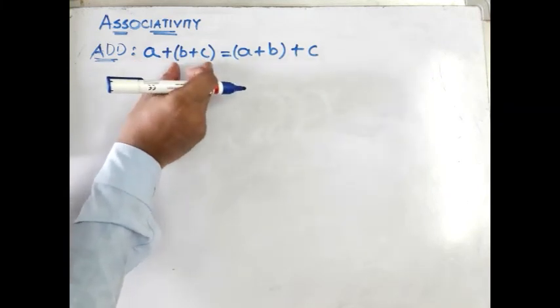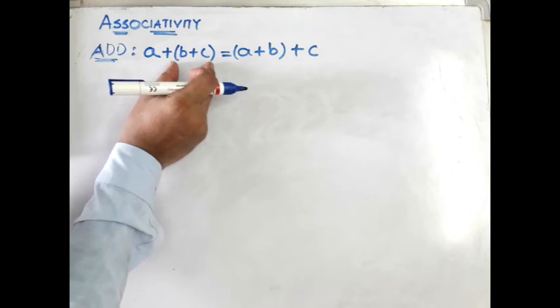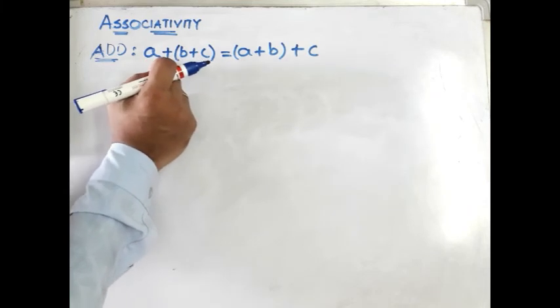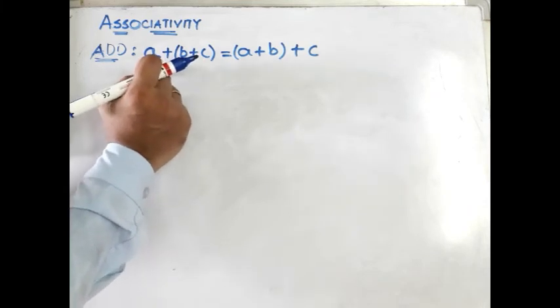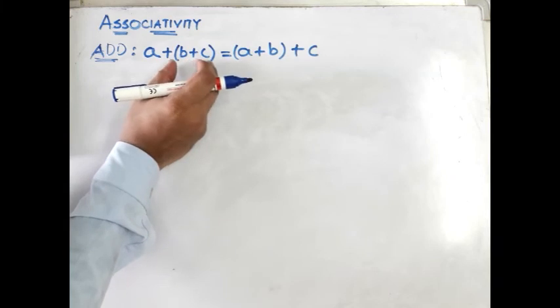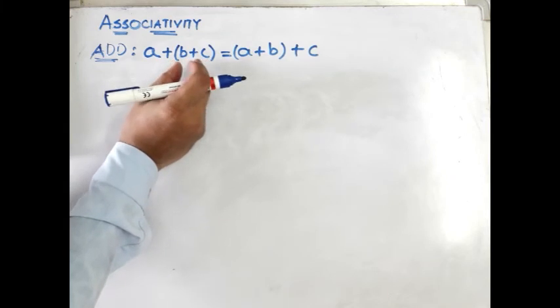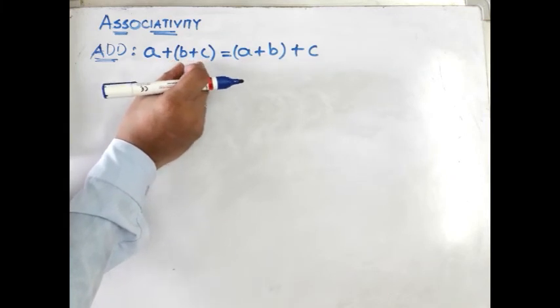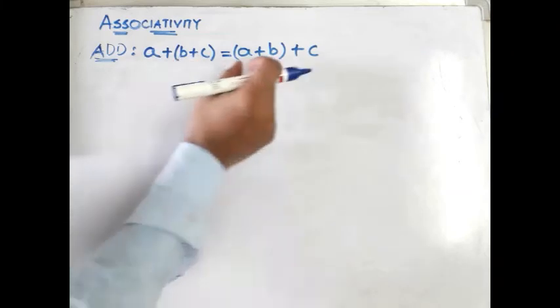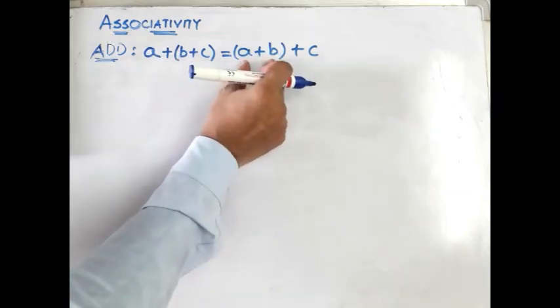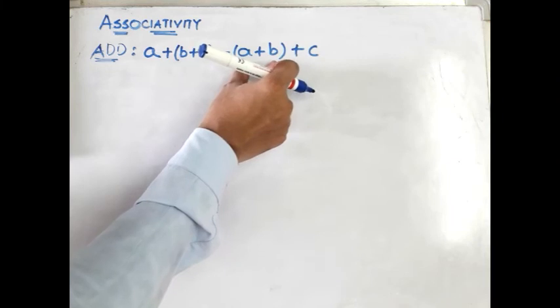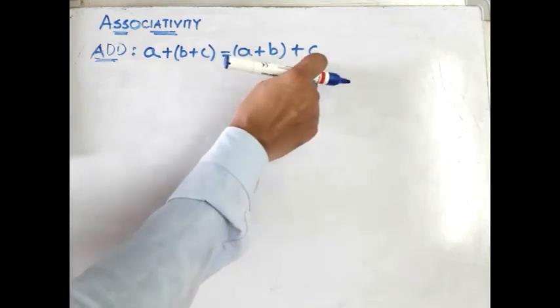This bracket indicates, as you know, according to BODMAS, we first do the brackets, then only we apply the next binary operation to the leftover term. Here also, this bracket indicates that first you have to add b plus c, then the answer you have to add to a. Here also a plus b is in bracket. First you have to find a plus b and that sum you have to add to c.